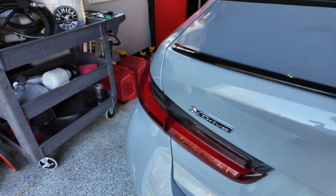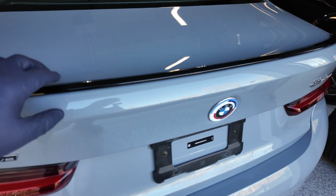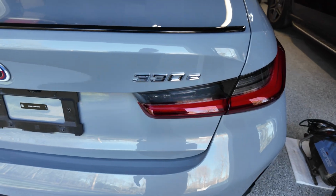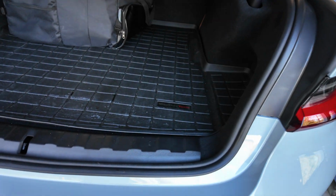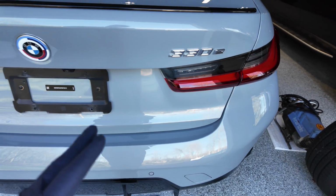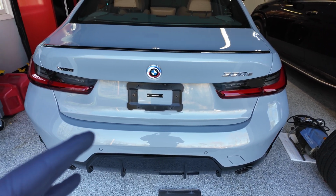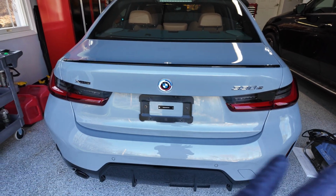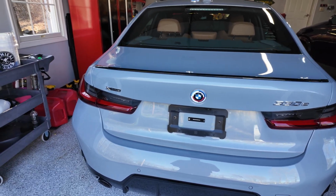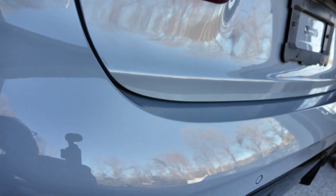And I installed it on everything. I installed it on the rear lights. I installed it on the spoiler, installed it behind this license plate cover, opened this up, and I installed it on this lip in here. And I had the same experience where when I was leveling it, it's the true definition of leveling it, right? You're taking the material and moving it around, and it just kind of evaporates, it just goes away. But yeah, it leveled real nice. It's very clean,